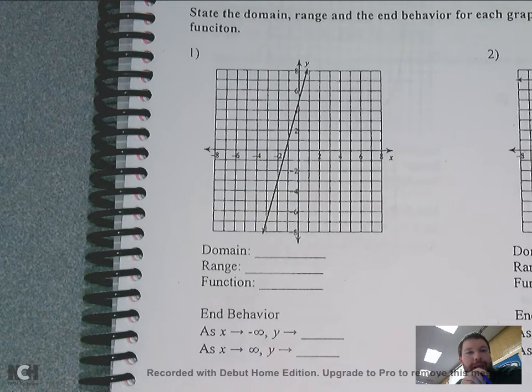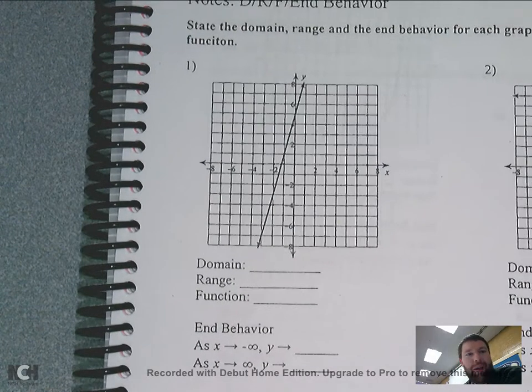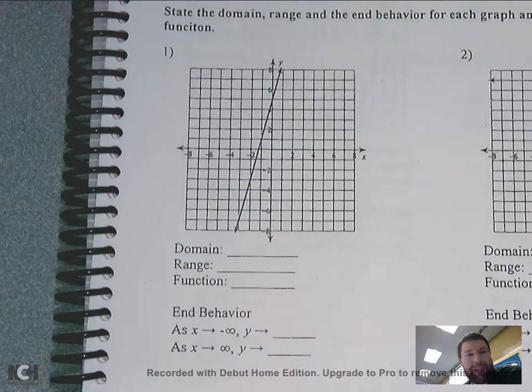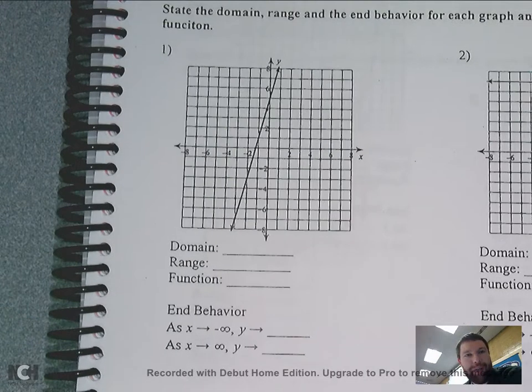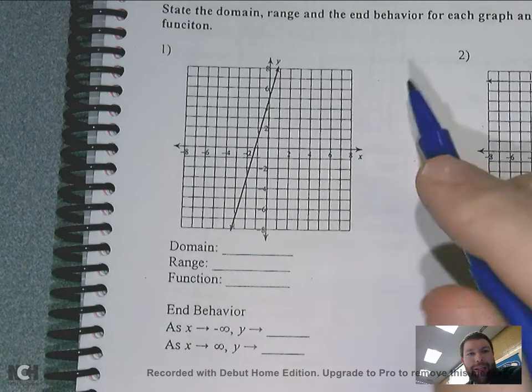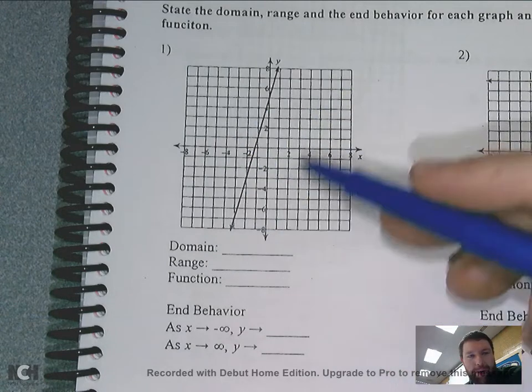Today we are going to be discussing domain, range, and more specifically end behavior. End behavior is just basically an element of the range, and I'll get to that in a second, but it's not necessarily a hard concept or anything like that. So for today I've got some examples here I'm going to go over just to kind of describe what end behavior is. Now, before I can get to end behavior, I'm going to kind of review what domain and range